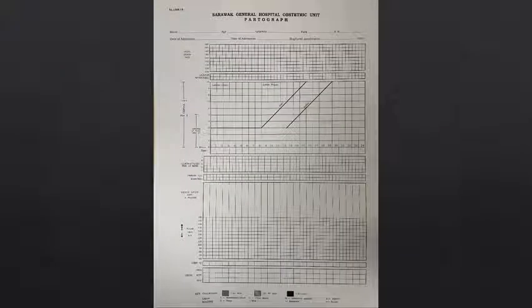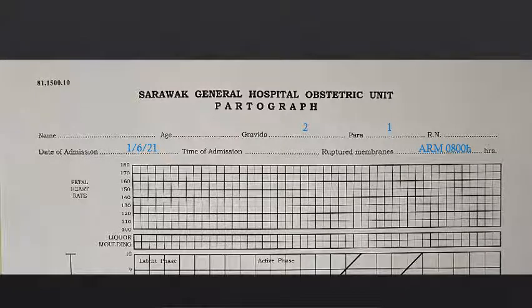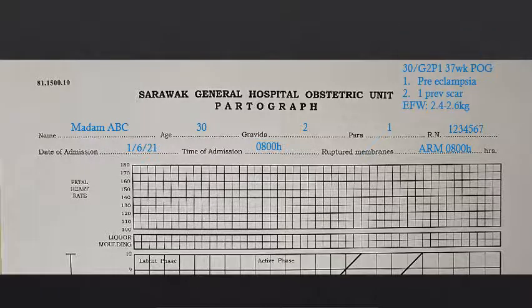So this is the partogram that you usually see. It contains all the information, and we'll go step by step on how to plot it. First of all, it is very important to write the patient's identification: the name, and fill up the gaps for the age, gravida, parity, the date of admission, time of admission, and so on. It is also important to write the risk factors of the patient on the top